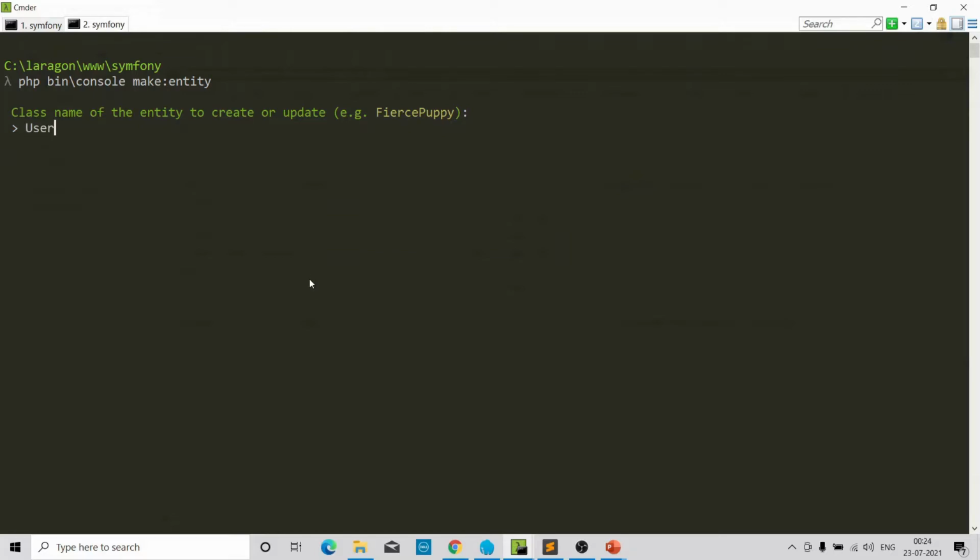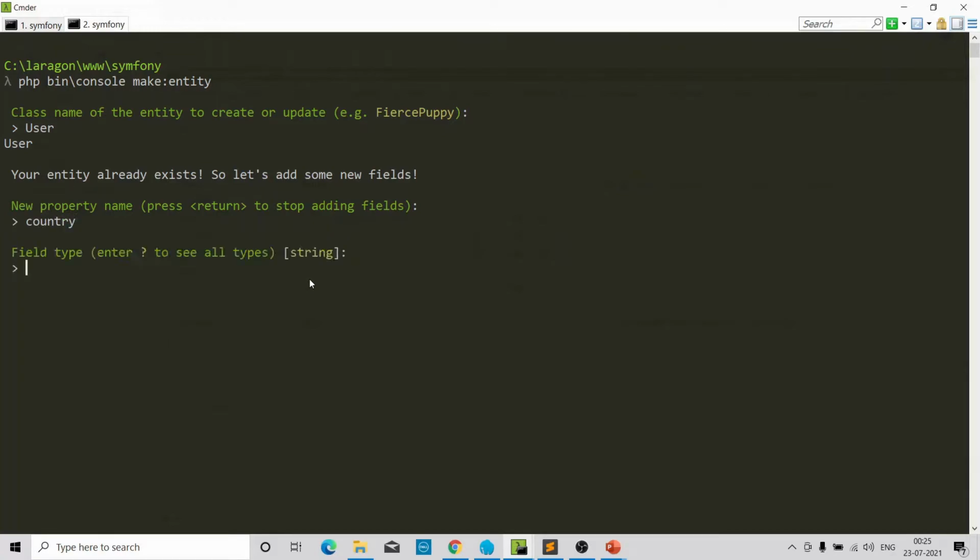In this case, I will choose user and I will add a field named country. Type will be relation. So our user table is now related to our country table.